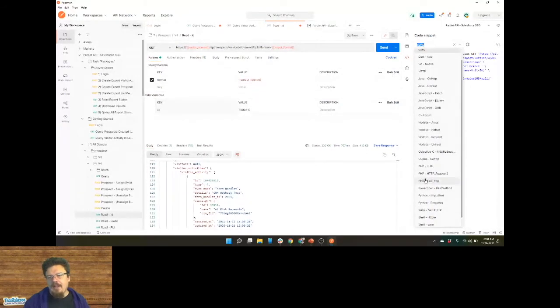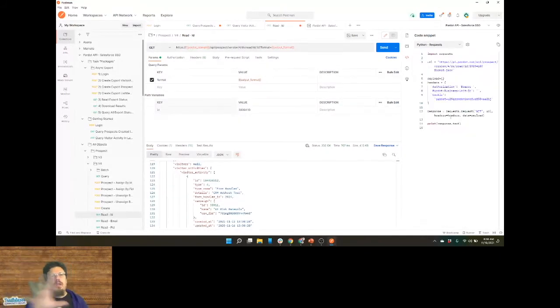I can click on the Python requests. And this will actually give me code that I can copy and paste into my code tool that'll allow me to do this request. We'll need to modify it so it fills that bearer value in and stuff like that. We'll need to put variables in there when we actually use this in code. But this is another kind of shortcut that Postman gives us that I find helpful.